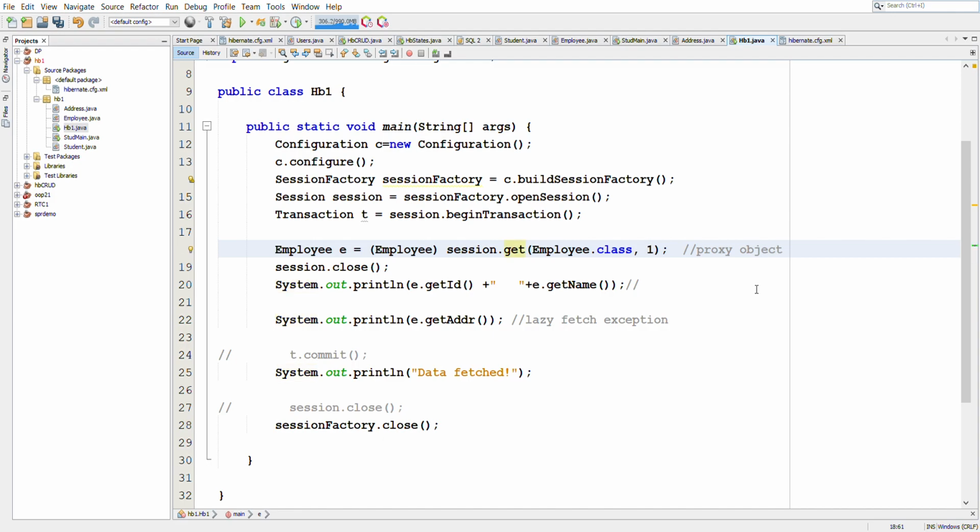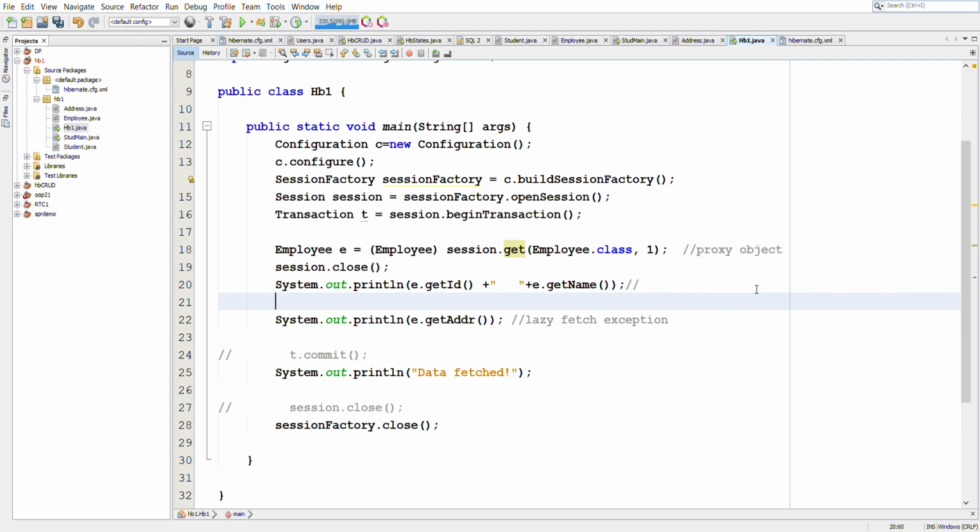And if we want to fetch the second level data, then either the session must not be closed, so that Hibernate can again fire a query on the join table and fetch the data from the join table. Or there is one more way: instead of using the default behavior of lazy fetch, we can also use eager fetching.